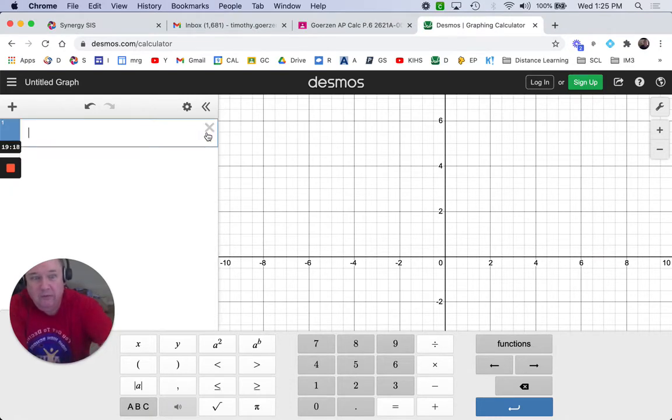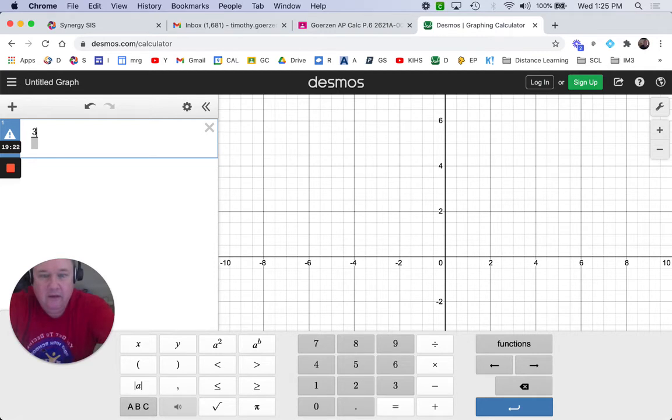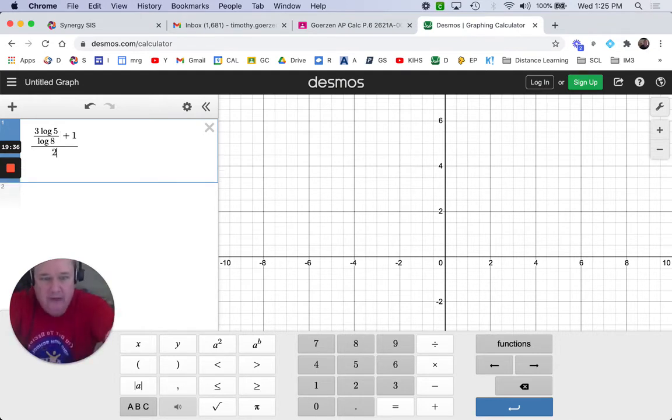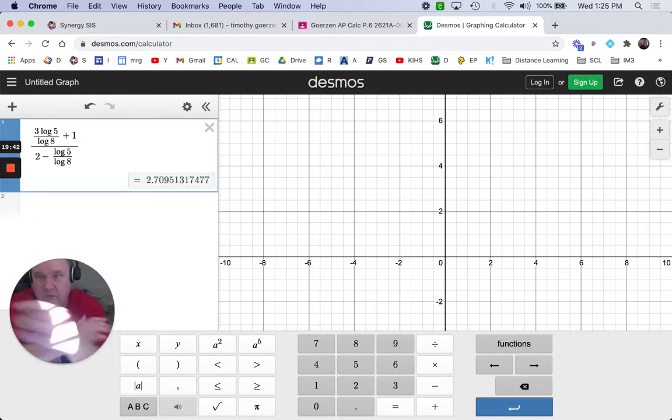So we're going to start with the divide sign. In the numerator it would be 3 log, and it's log 5 divided by log 8, and then we have plus 1. In the denominator, we have 2 subtract log 5 divided by log 8. So there it is, and you get the answer